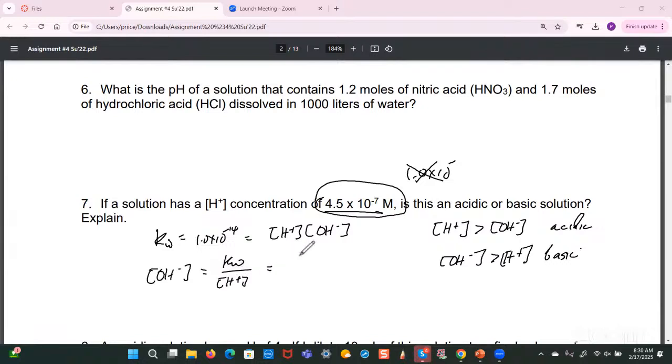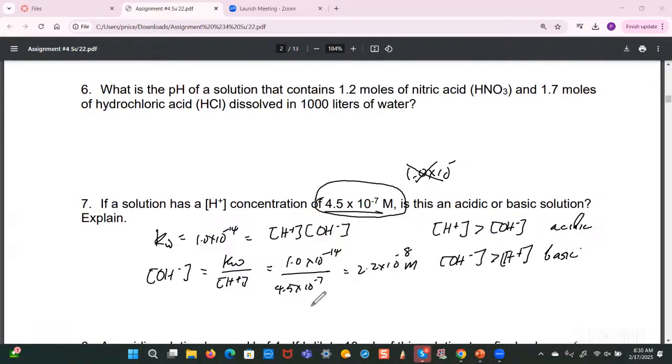So Kw is 1.0 times 10 to the minus 14, and the concentration of H plus is 4.5 times 10 to the minus 7. So let me get my calculator here. 1 times 10 to the minus 14 divided by 4.5 times 10 to the minus 7. And according to my calculation, this works out to be equal to 2.2 times 10 to the minus 8,